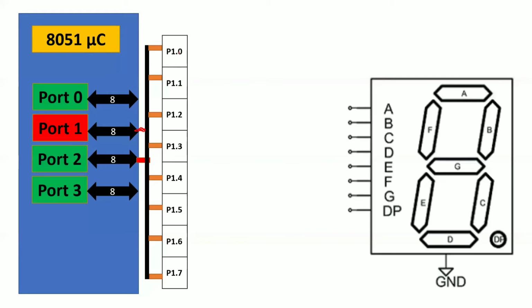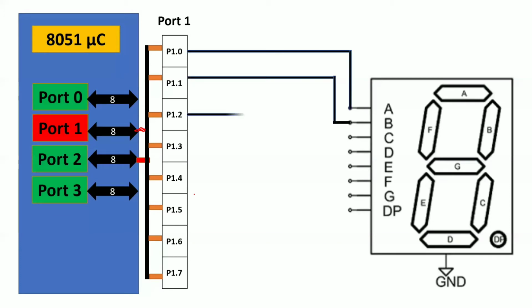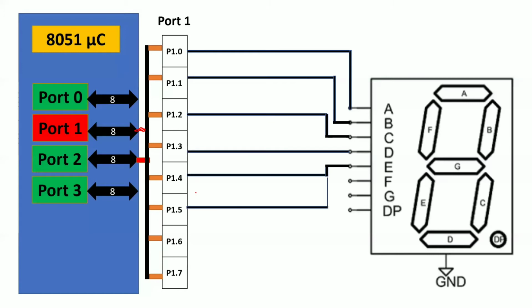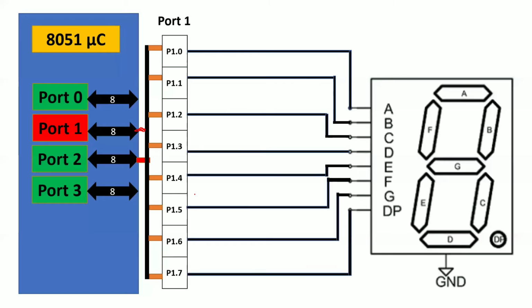So the port 1 register consists of 8 pins, which is P1.0 up to P1.7. Now this one is connected to your 7-segment display pins. So how many pins for port 1? Again 8 pins. So those 8 pins of your 8051 microcontroller are connected to your 7-segment display. Right now we have connected this, and whenever you want to display any number, we can send the value on these particular pins. Okay, so this is how we are going to see now.